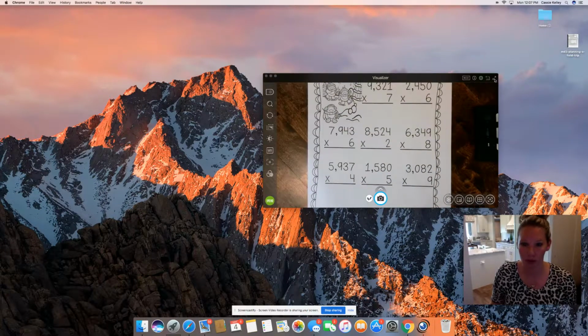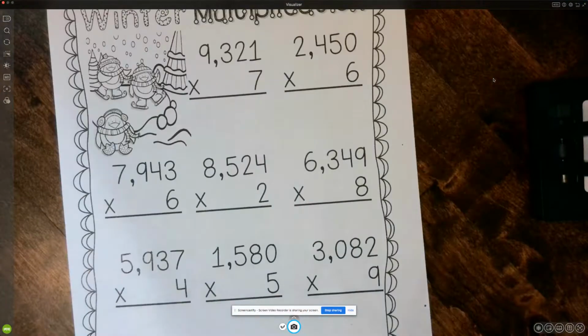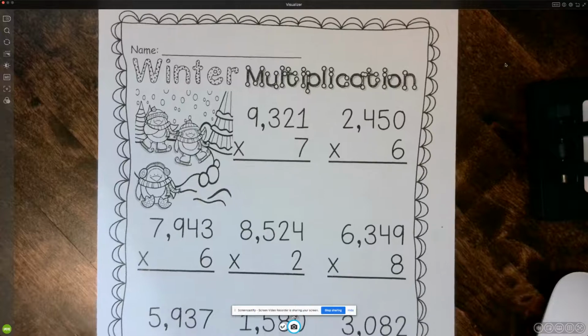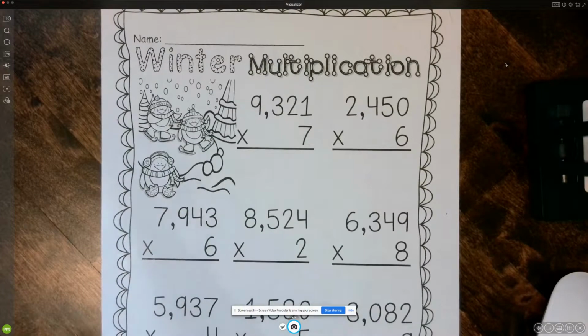If you'll look with me, your packet has this worksheet in it, winter multiplication. So I'm going to be going over this a little bit with you. So if you want to go ahead and grab this worksheet, and we'll work through some of these problems together, okay? So winter multiplication worksheet, the first question is